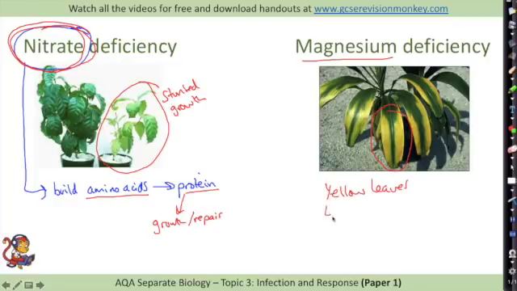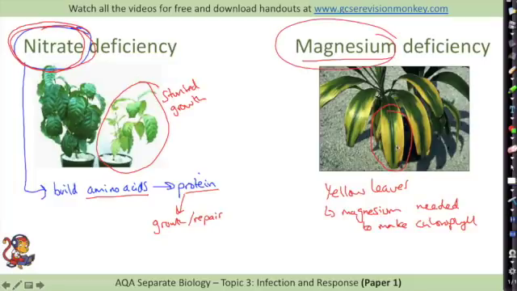This is because magnesium is needed to make chlorophyll, which is the green pigment in plants. It's the one that absorbs light for photosynthesis. So magnesium is needed to make chlorophyll. So if the plant is deficient in magnesium, they won't be producing enough chlorophyll to make the leaves go green, and instead they will go yellow, and obviously that will reduce the amount of photosynthesis that the plant can carry